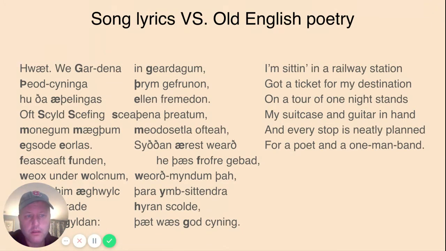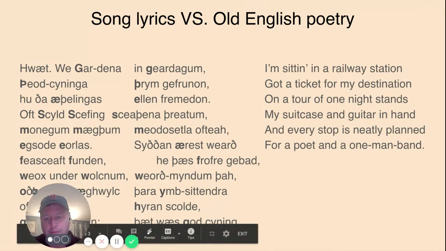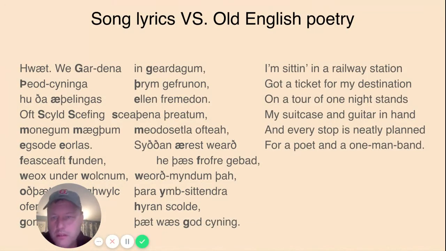Now, what we do see relatively quickly is that we're looking at a poem that is built differently than the poetic texts we're most familiar with now, namely song lyrics. So the way the Anglo-Saxon text looks now is